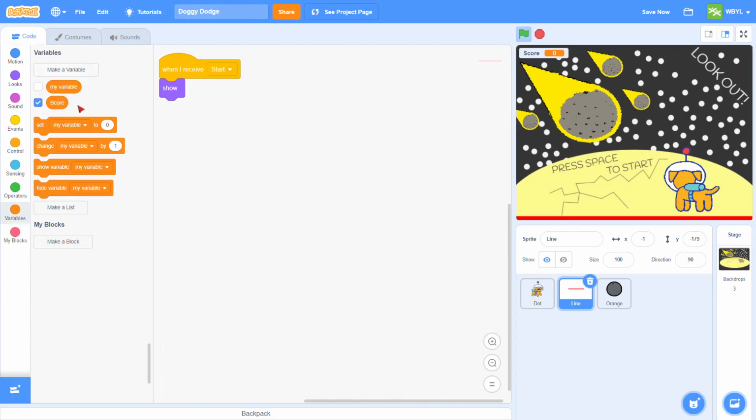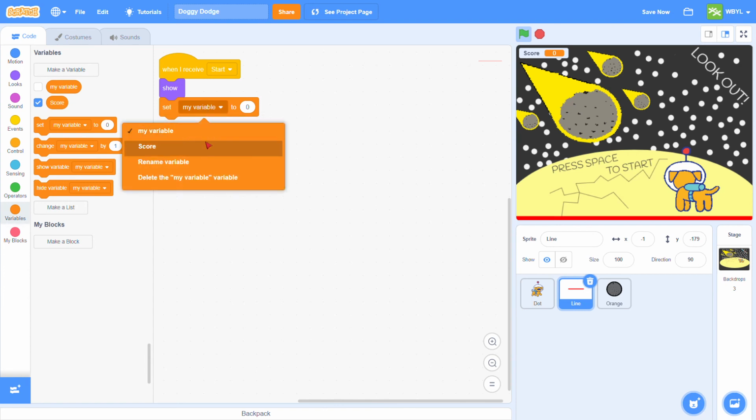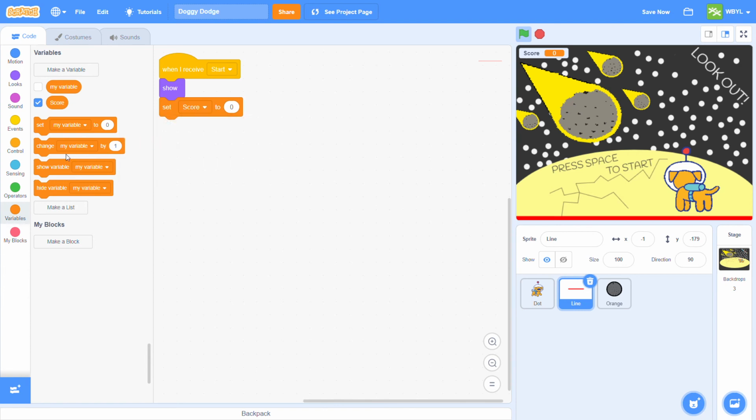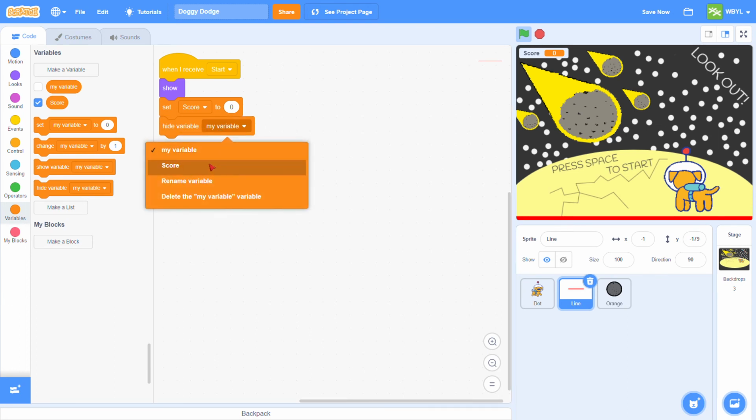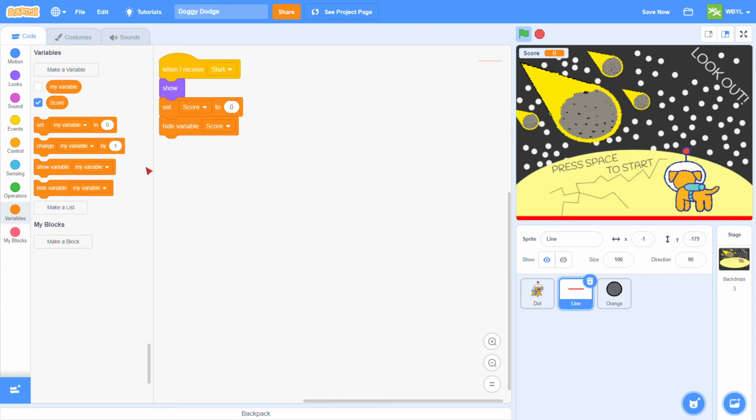For all sprites, we are going to set my variable to 0, change my variable to score. We are also going to hide my variable, switch my variable to score. Then we'll go to